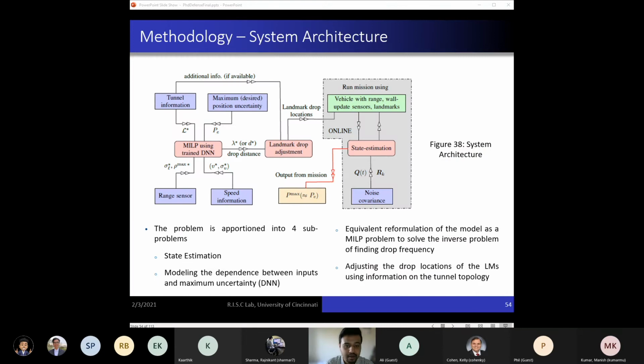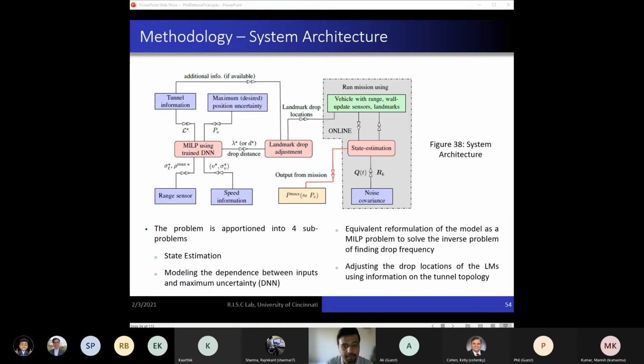In this slide, as figure 38 shows, this is the system architecture. We generate more than 100,000 cases by performing Monte Carlo runs for the straight tunnel, varying the different input parameters. We developed a mapping model using two methods. The two different methods will be discussed in the ensuing slides, but we chose to proceed with the model developed using a deep neural network.